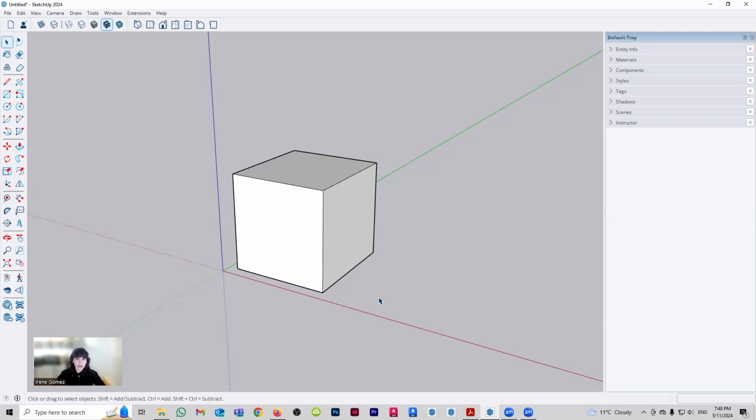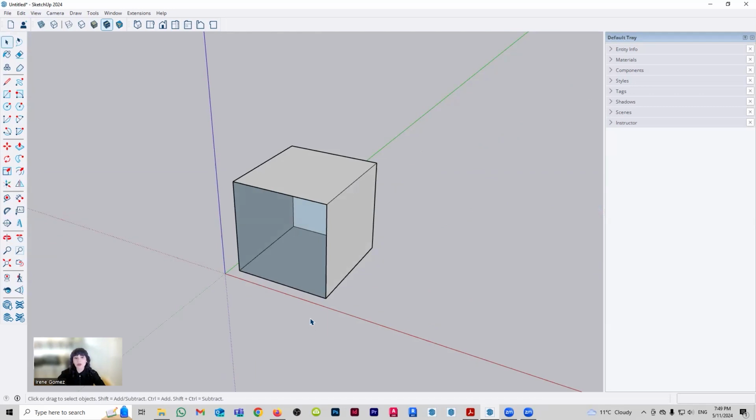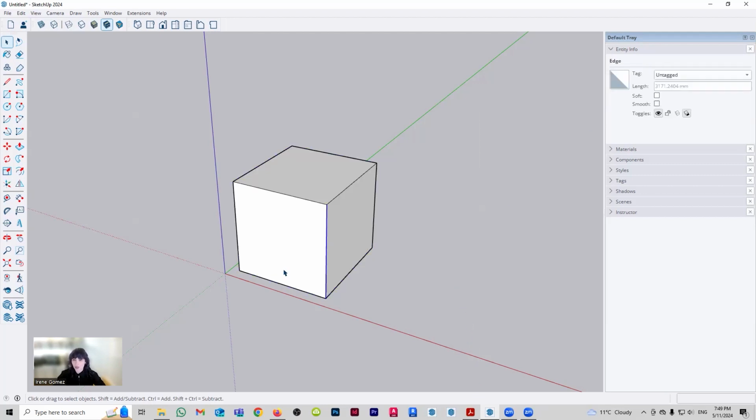And the way that you can verify this is because, for example, after I've created this box, if I come here and I select one face, I can delete that face and you're going to see that my box is hollow. There is no volume. So that's a very interesting thing. You're going to notice that there is no scenario in SketchUp in which you can measure volume. You can measure length. So for example, if I select this line, I can get the length of this line. If I select this face here, I can get its area, but there's no way of getting volume in SketchUp,